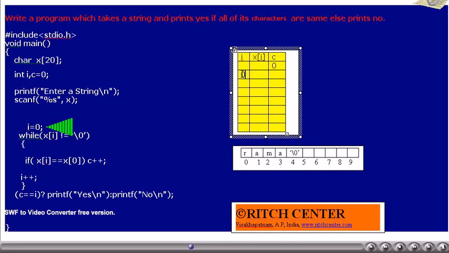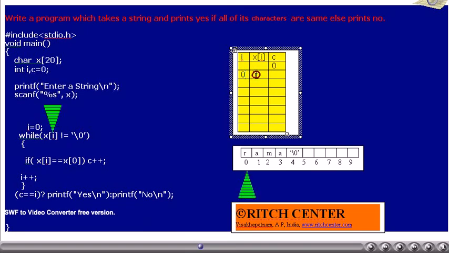We assume that initial value of I is 0. Also, already we have mentioned initial value of C as 0. Currently, x of I is R. That is, I value is 0.